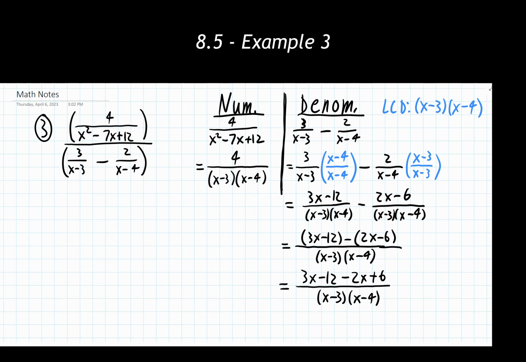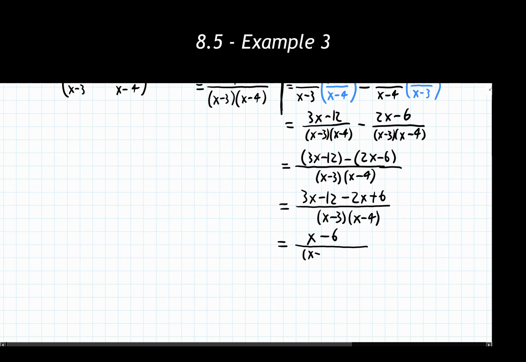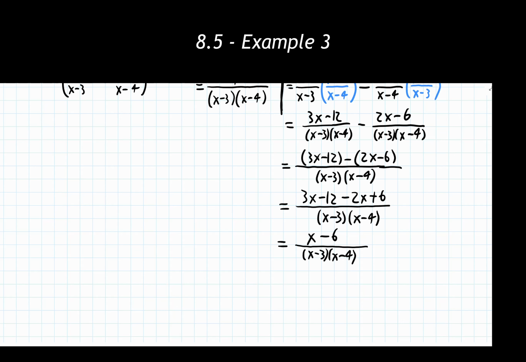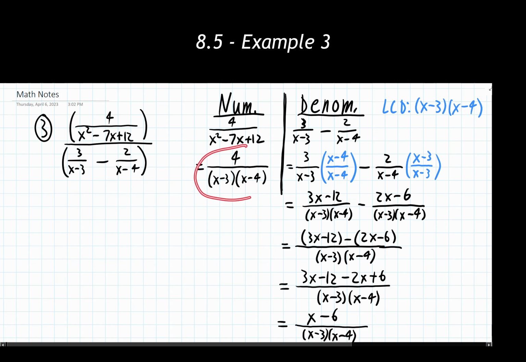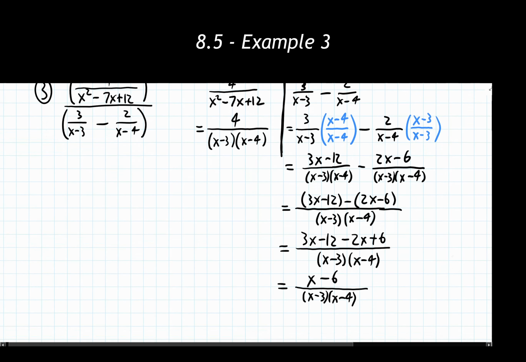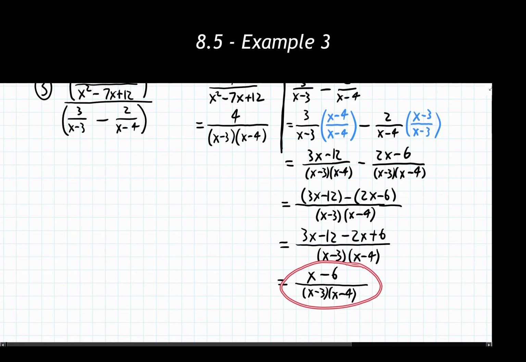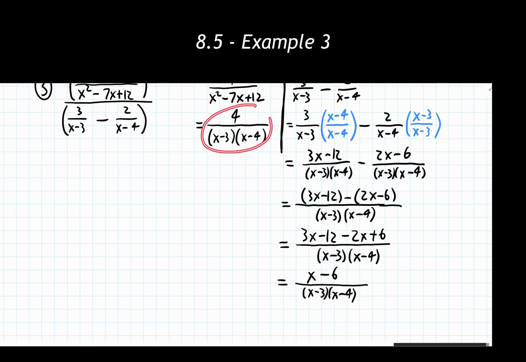And then I'm combining like terms where I can. So my new numerator is going to become, looks like it's just going to be an x minus 6. And then we get x minus 3 times x minus 4 in the denominator still. That's staying the same. So now, looking back to our overall process, I have fully simplified the numerator as best I possibly can. And we didn't actually simplify it, we just did some rewriting with it, which is okay. And the denominator, we actually did fully simplify that thing down. So it's now just one single fraction for the numerator and one single fraction for the denominator.